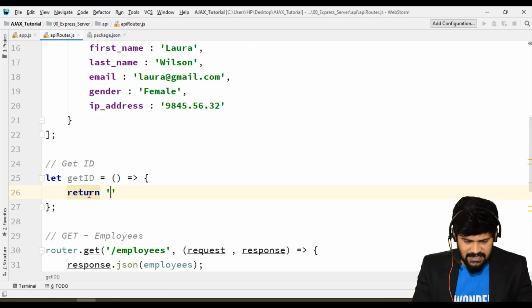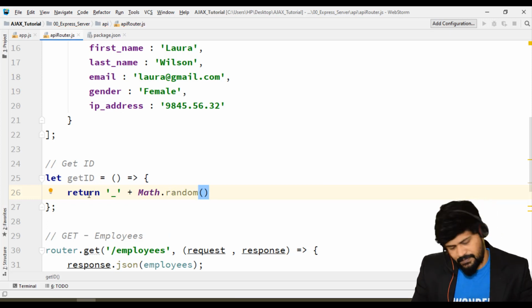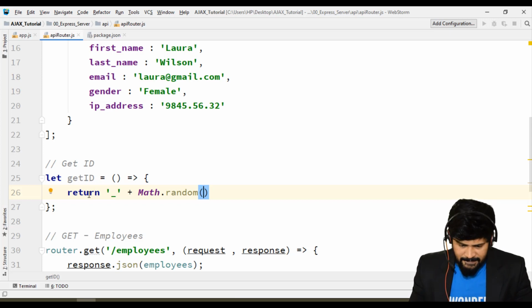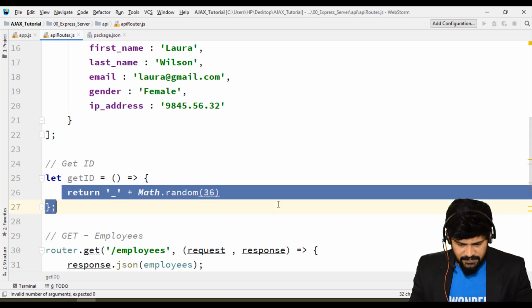What I'm going to use is underscore plus Math.random, Math.random of 36. Actually I forgot this.